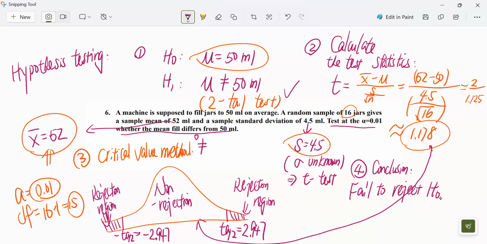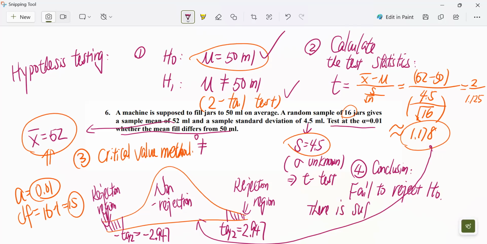That means there's not sufficient evidence to warrant rejection of the claim that the mean fill differs from 50 milliliters at the 0.01 significance level. So you can just write the final conclusion as: